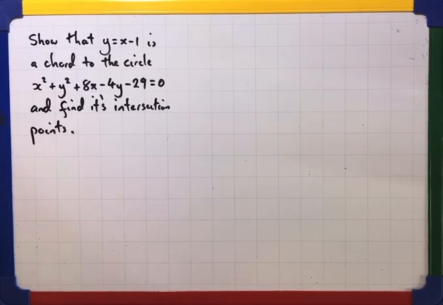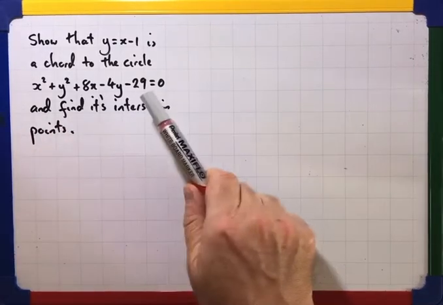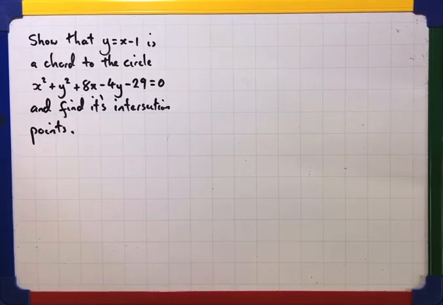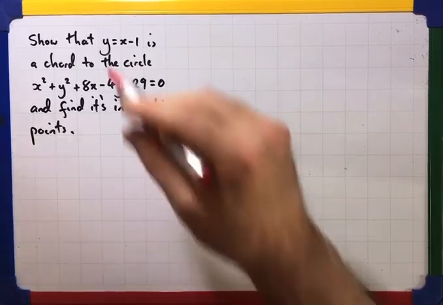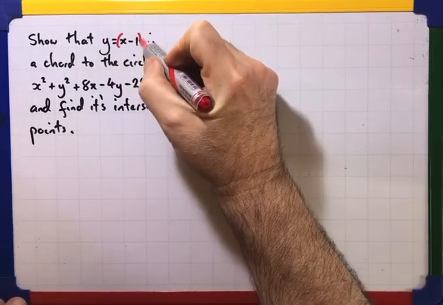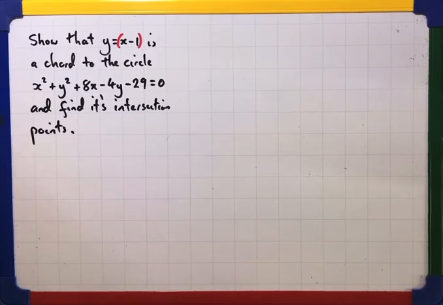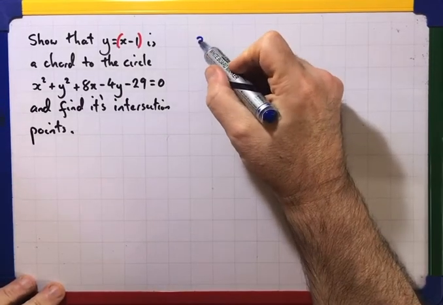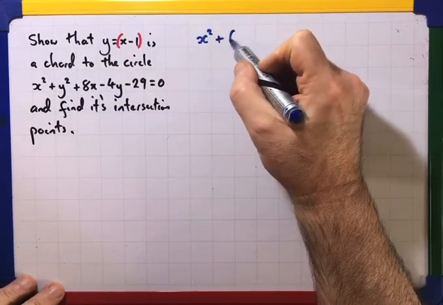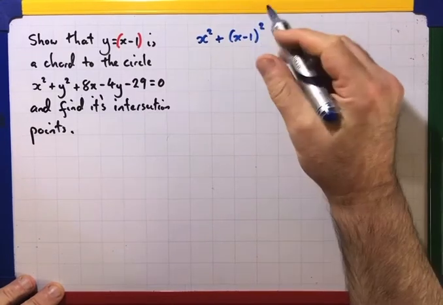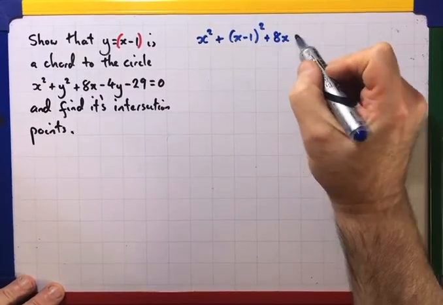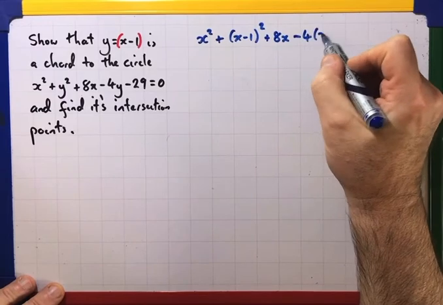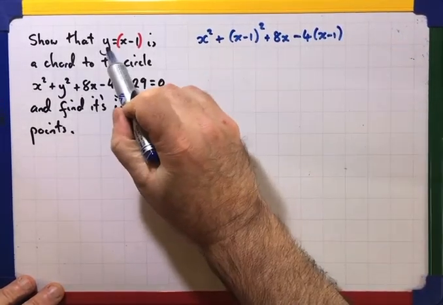Second example, show that y equals x minus 1 is a chord to the circle and find its intersection points. So again, the first step is we're going to substitute. It's nice and straightforward in that we've got y equals x minus 1, so it's not that hard a substitution. So we've got x squared plus x minus 1 squared plus 8x minus 4 times x minus 1, because remember we're replacing y with x minus 1,